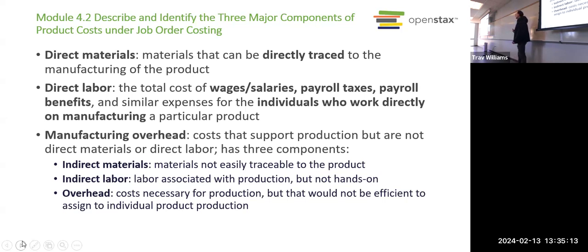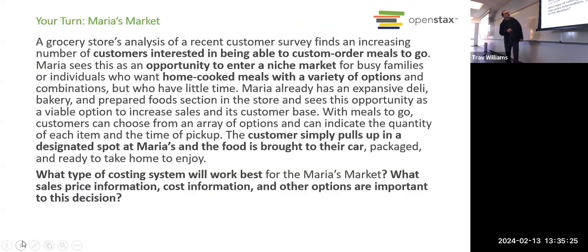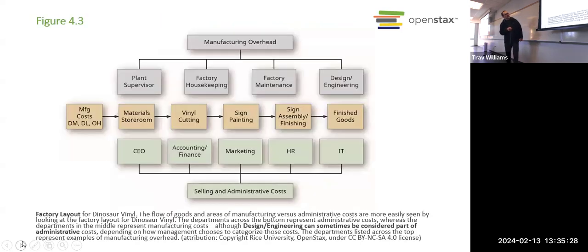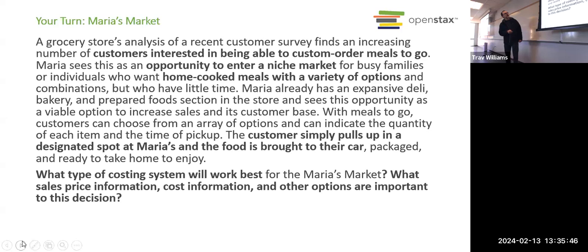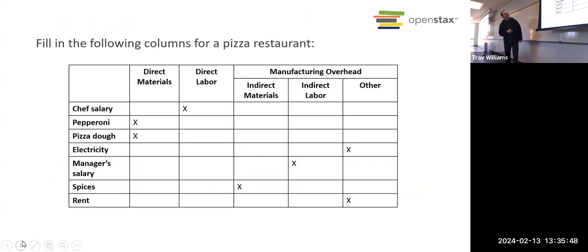All right, any questions on these terms? Can you have overhead that's not related to manufacturing? Yes, you can. So sometimes you'll see in the textbook, like here, it just says overhead, but we know that because they're talking about manufacturing, they really mean manufacturing overhead, right? It's not overhead for the corporate office because that would be a period cost. Right, so just keep that in mind. Mostly what we will be talking about is manufacturing overhead specifically.